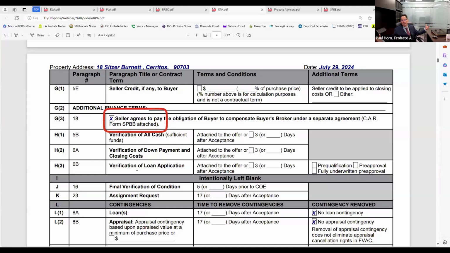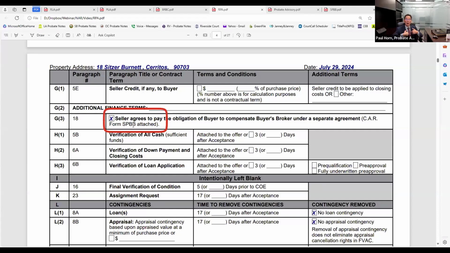And most buyers are probably cash crunched, right? So perhaps the buyer actually checked this box that says, hey, seller agreed to pay the obligation of buyer to compensate buyer's broker under a separate agreement, SPBB, and we'll get to that form.